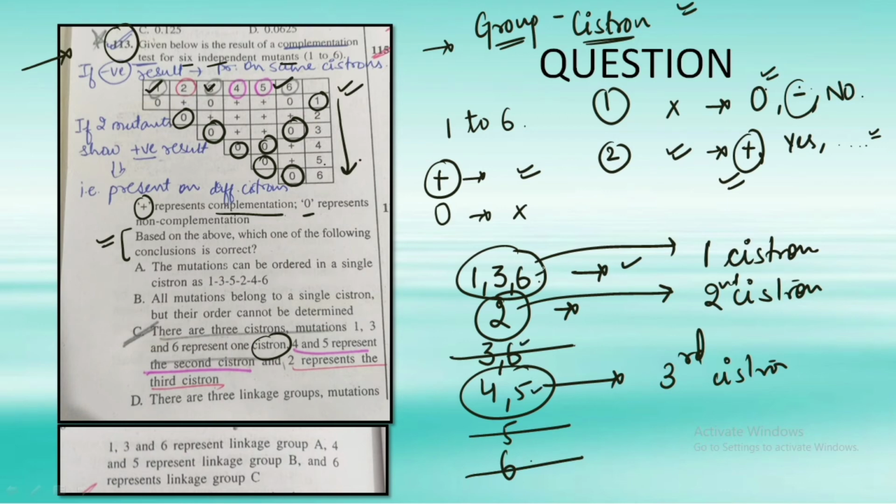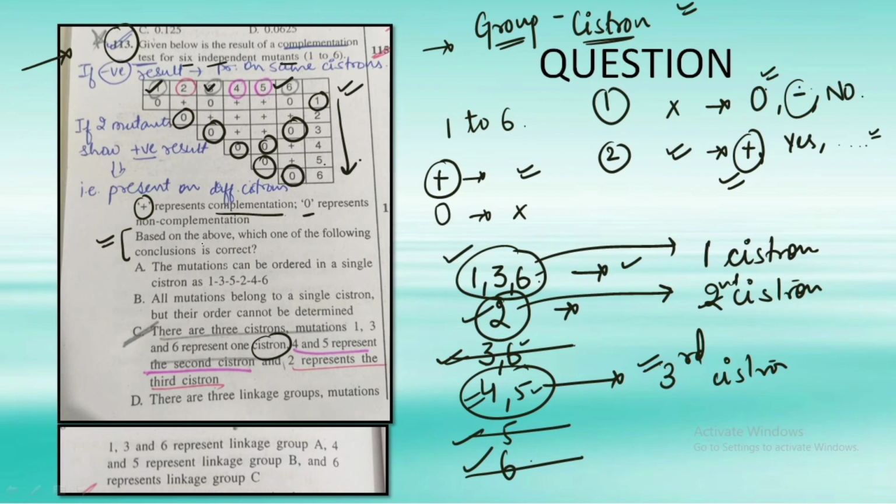So as you can see, all you have to do is write down all the negatives all together from the first row up to the last row, as many given in the question, and then just make out the groups that are given. And one more thing you have to remember is you cannot repeat if you have taken one of the mutants before. Hence we have eliminated 3 and 6 at the third step, 5 and 6 also, because they have been used before itself. So we have got that 1, 3 and 6 represent one cistron, 2 represents the next cistron, and 4 and 5 represent the third cistron. So just try to find out this information in the options given.